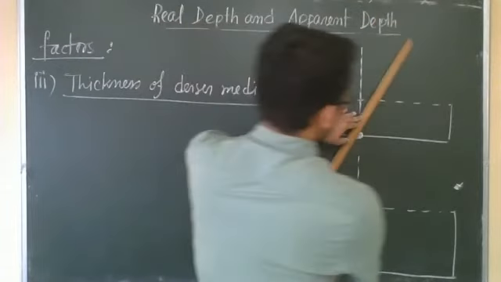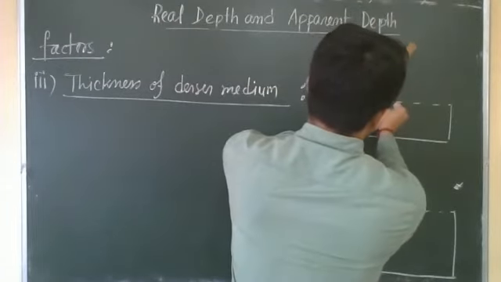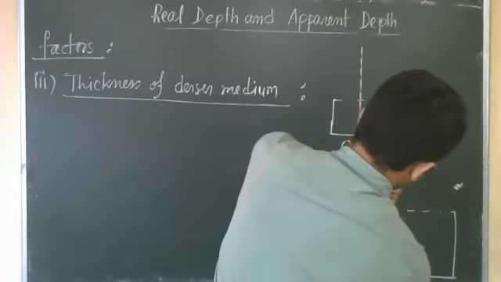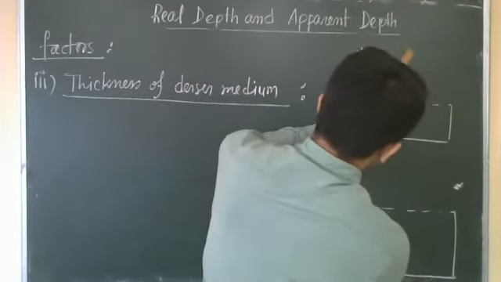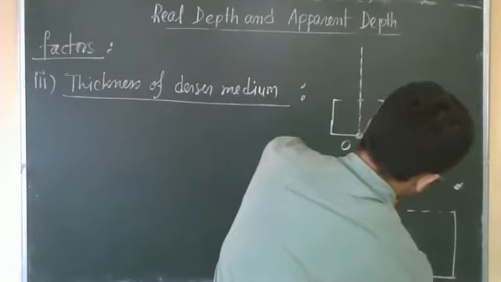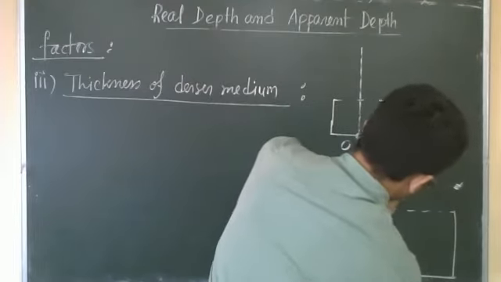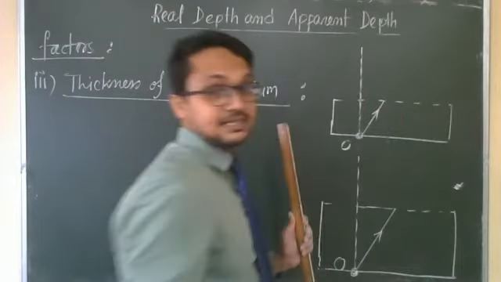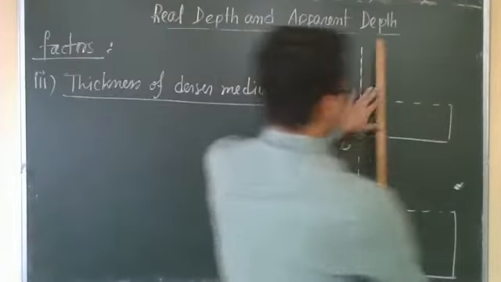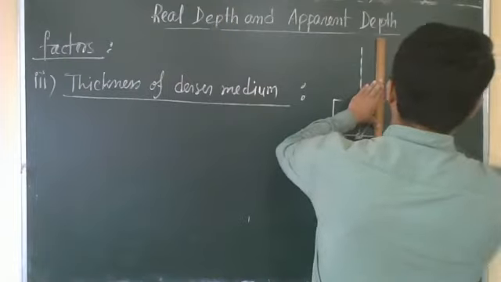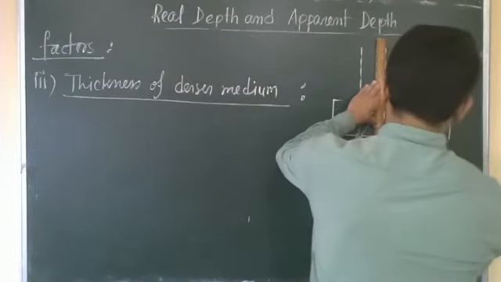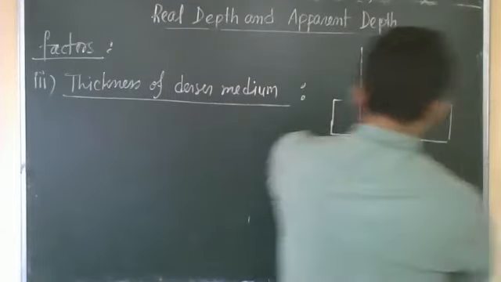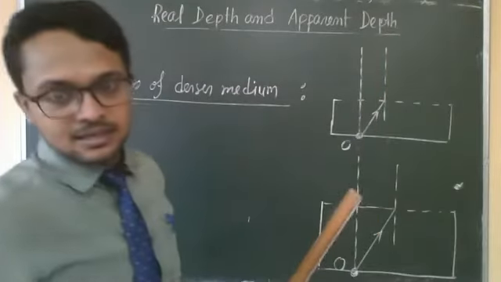Okay. Another ray. We are keeping the incident angle same. Medium same. Everything same. We are not changing the medium. If we change the medium, we are changing the refractive index. Right. Draw normal here also. So obviously they will bend in the same way.